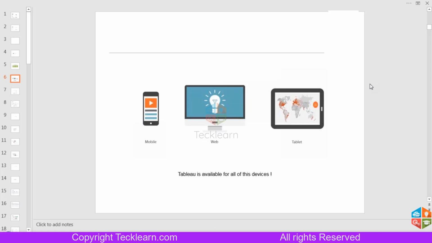So we have products and applications specific to each device. We have Tableau Desktop for desktop, Tableau Server for server, and if you have a tablet or a mobile, we have Tableau Reader and Tableau mobile applications. Those are supported and available over each market. So that is why we have more demand for Tableau, because we have support for each and every device.